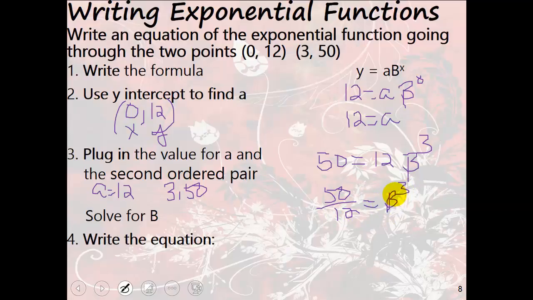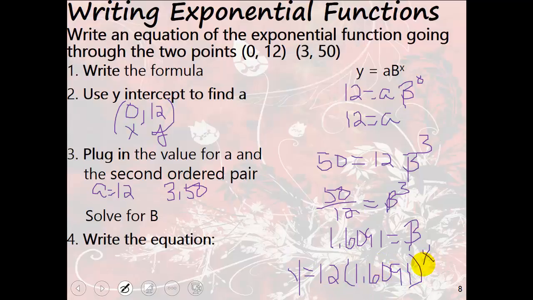And then I'm going to take the cube root of both sides, and it's going to give me 1.6091. That's what b is going to equal. b always has to be positive. So now I'm going to write my equation. y equals a is 12, b is 1.6091 raised to the x. Okay, notice that I started with this formula. We're not going to do any shifts. We're just going to do stretches or compressions. Okay,